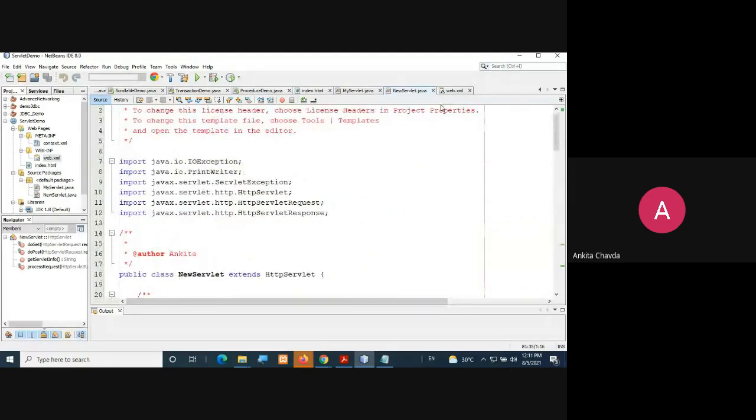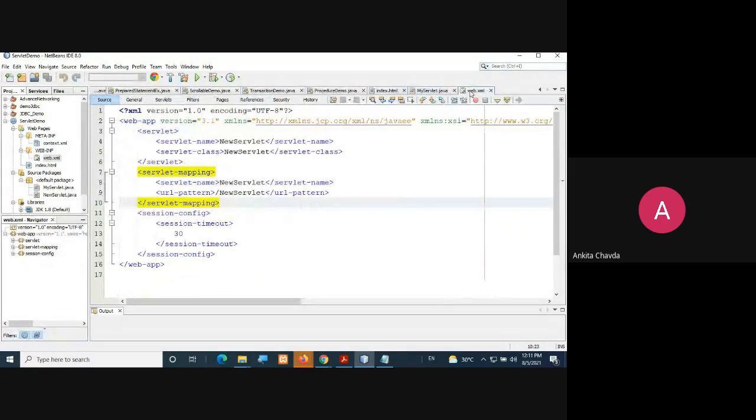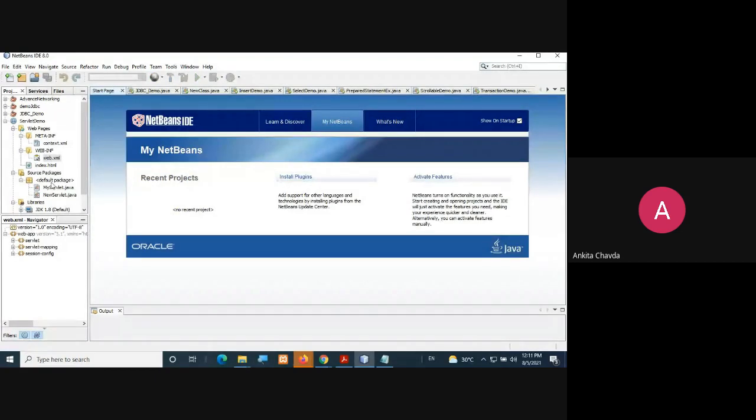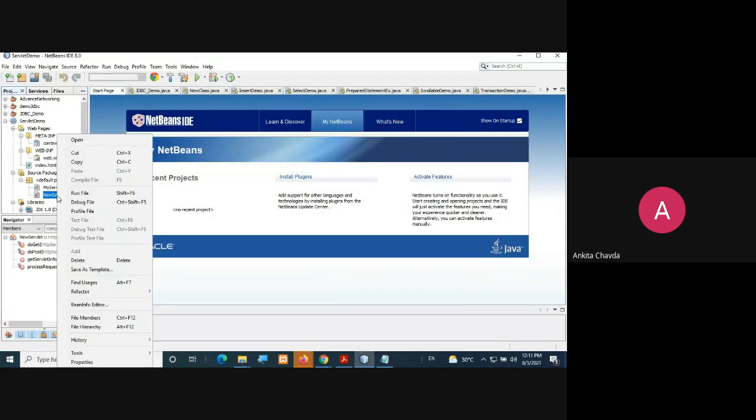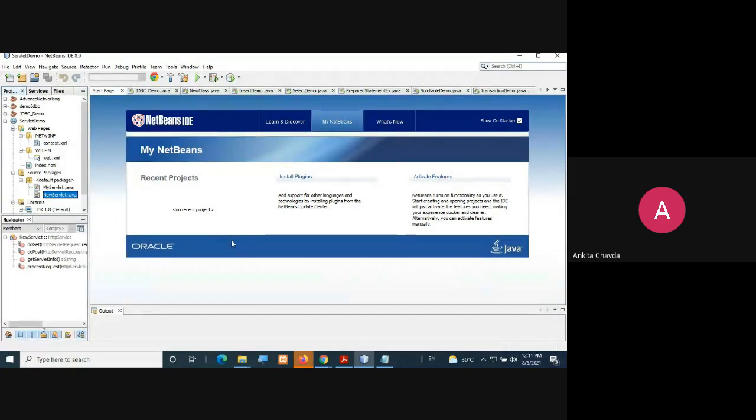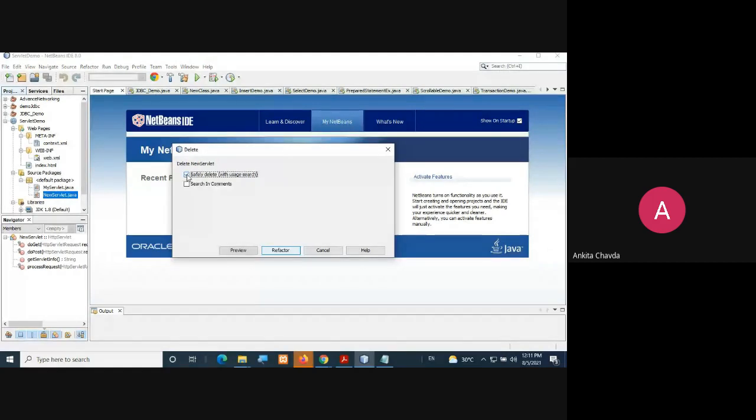Now, can you tell me what the servlet life cycle is? Can anybody tell me about it? Servlet life cycle, what is it?